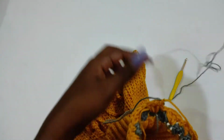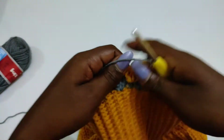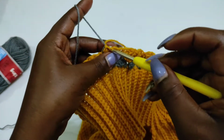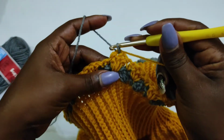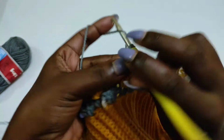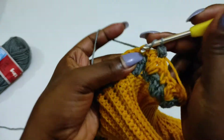Then switch over to the gray yarn, turn your work, put the hook through that second chain on the shell stitch, the second stitch, chain 1, go into that stitch with a single crochet, go on top of the single crochet with 3 double crochets,